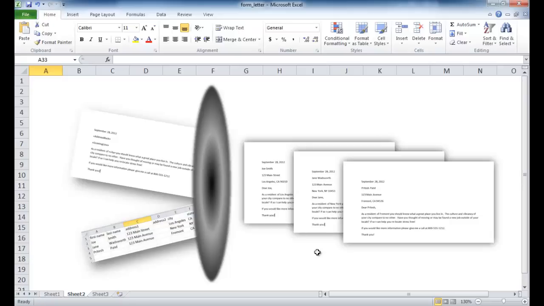Hi, in this session I'm going to cover how to create a form letter using the Microsoft Word mail merge feature along with Microsoft Excel. So you can think of mail merge as something where you'd have a template and you want to be able